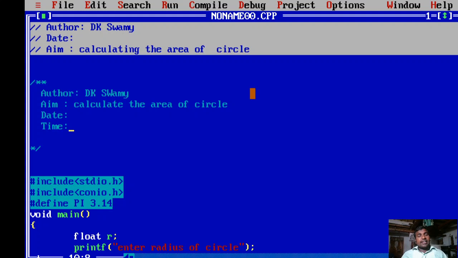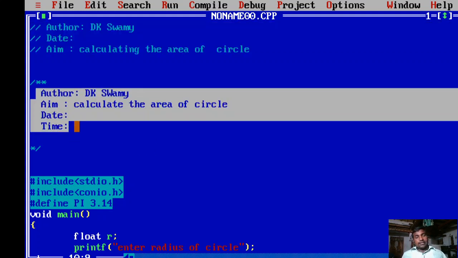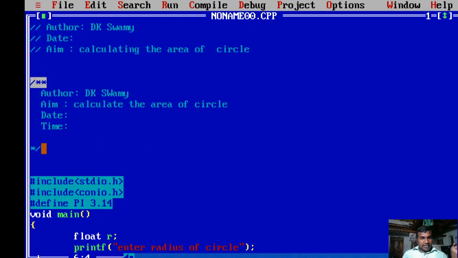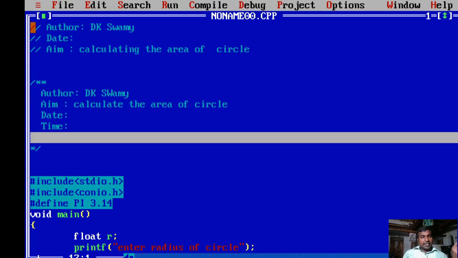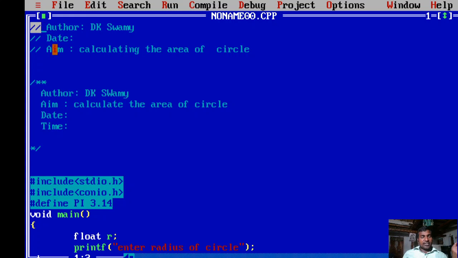In this way you can write any number of lines of text. All these texts are treated as comments because these are surrounded by multiple line comment markers. Instead of this multiple line, you can use single line like this. Every line must start with a double slash, followed by anything you want in that line. All are treated as comments.